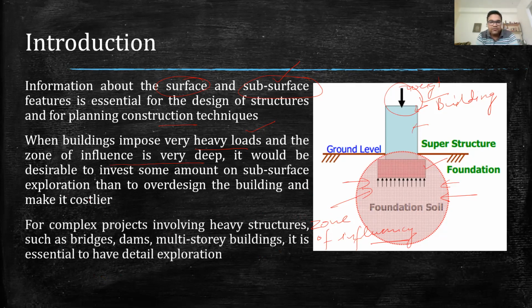So now, if there are complex structures, for example, if we are constructing bridges, dams, multi-story buildings, then in that case, we have to study the soil properties in detail. We actually need to make the soil report in very detailed form. We need to study the type of soil, where the water table is, what the strength of the soil is, what the bearing capacity of the soil is. So there are various things that we need to determine when we are going to construct heavy structures, because heavy structures require safety. So for that purpose, detailed exploration of the soil is required.